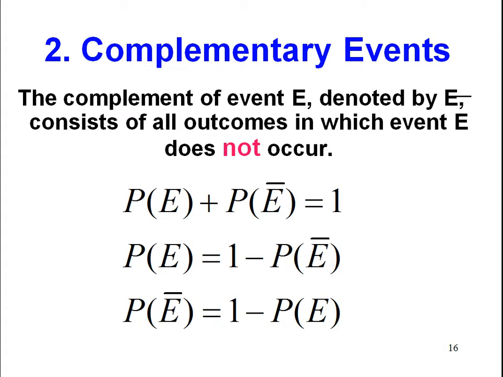Okay, so complementary events: either the event occurs or it doesn't. So the probability of the event occurring plus the probability of it not occurring must be equal to 1. Either you come to class or you don't. Either you have blonde hair or you don't. Either you wear glasses or you don't. Stuff like that. So a little bit of algebra. If we move this over here, we have the probability of an event is just 1 minus the probability of it not happening. Or the probability of it not happening is 1 minus the probability of it happening. And the complementary rule, which this is, you'll use it. It's very intuitive. You'll use it without even thinking.